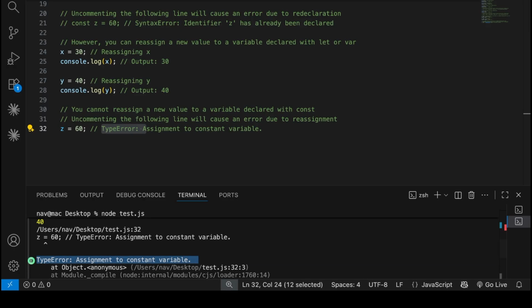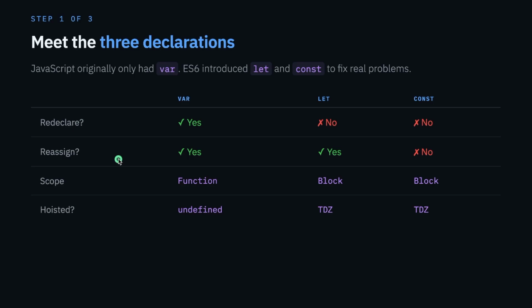So as you can see, we get a type error: assignment to a constant variable. So to summarize, if you have a variable that has been declared either using var or let, you can reassign it to hold a different value. But if a variable has been declared using the const keyword, you cannot reassign it at a later point. When it comes to scope,